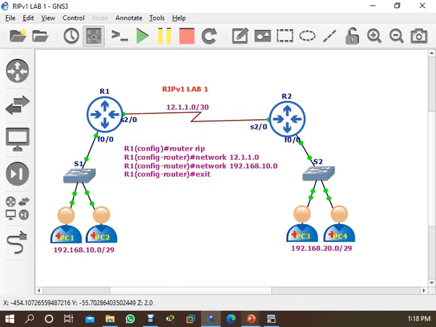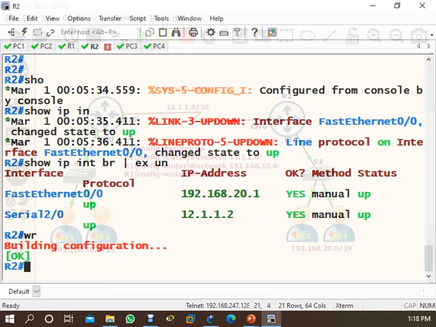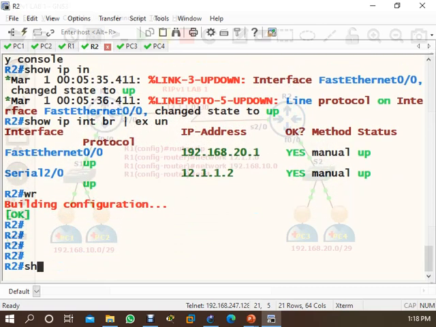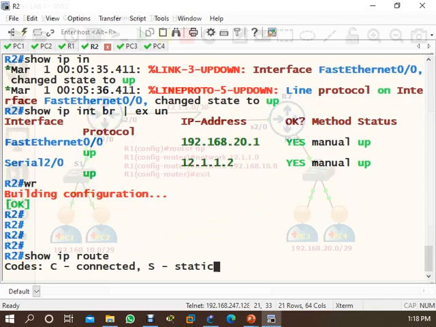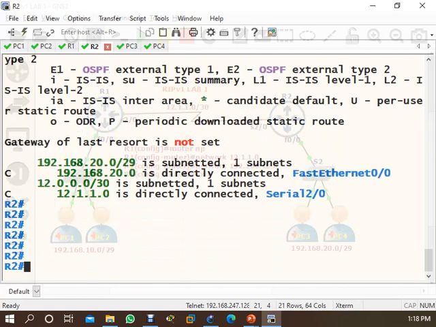Now come here to router 2. Same here, show IP route. No routes towards the 20 and 12 networks. So same thing here also.